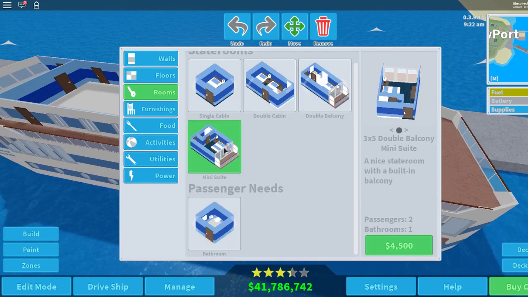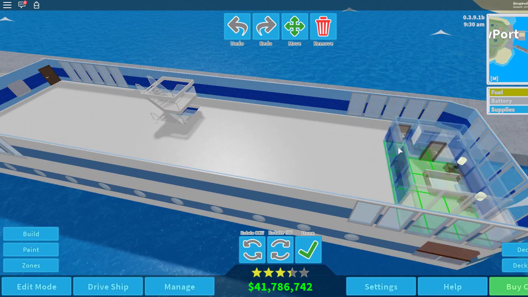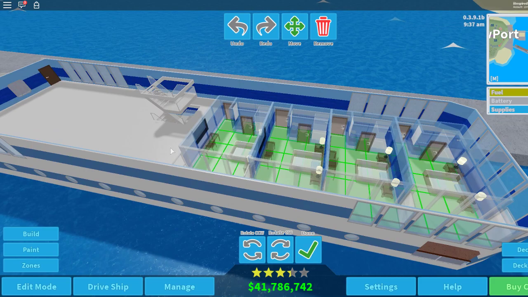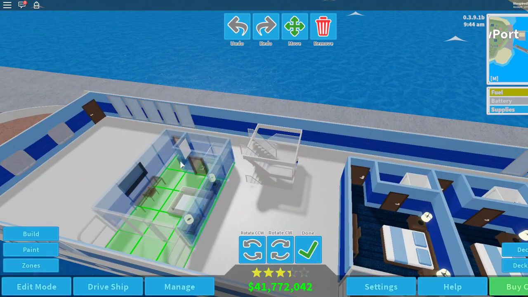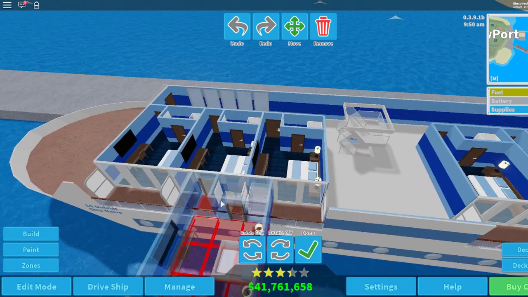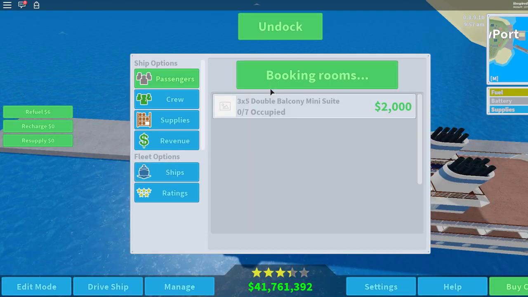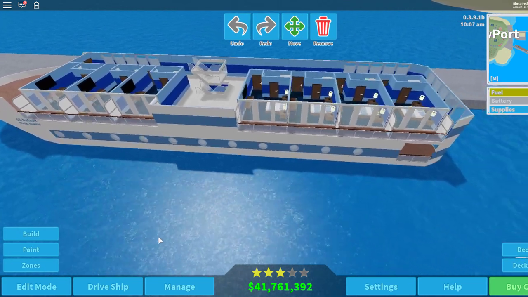Alright, so rooms. What should we do here? We could do mini suites. Well, this might be the best bet because this right here would be 2468. That would be 8,000. Okay, so this actually we might want to do these, and the reason being is this should make us 14k. Yeah. So, if we do want to do those,